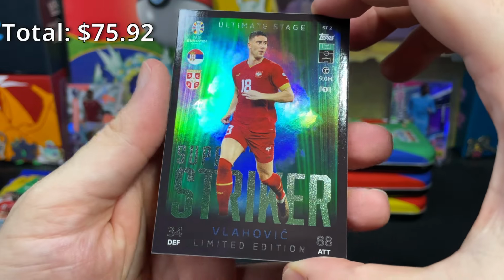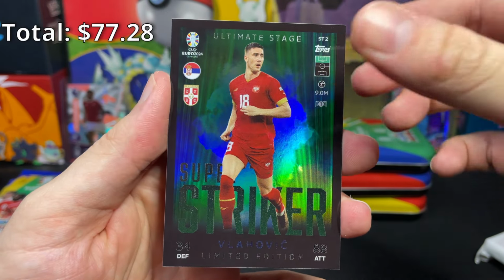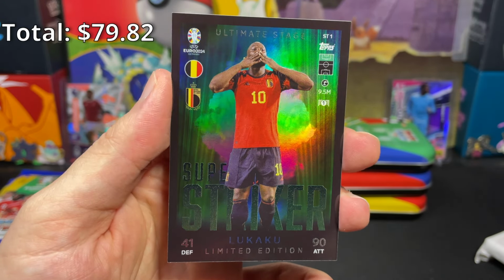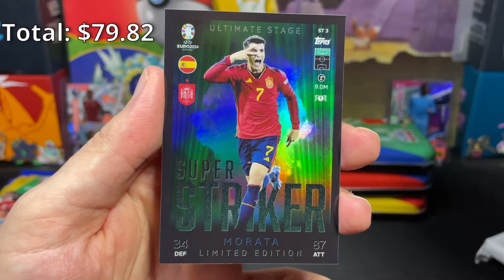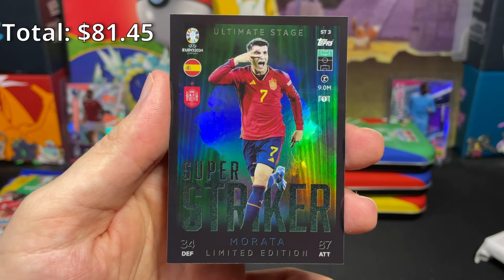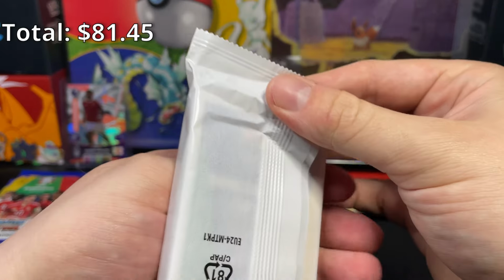So this is the 3rd limited edition set here for Booster Tin 3, the Super Strikers. Very cool. We've got the green on the background. There's a nice Lukaku. Very cool. Like that. And then a Morata. Okay. So we've gotten a decent amount of Moratas if you're a big fan. Speaking of Spain, of course. And let's get into